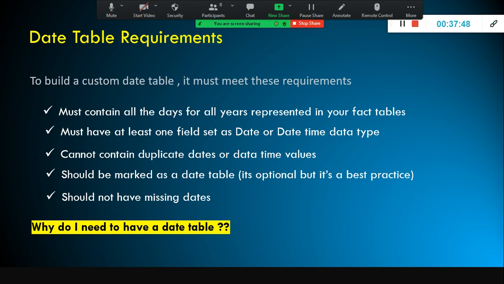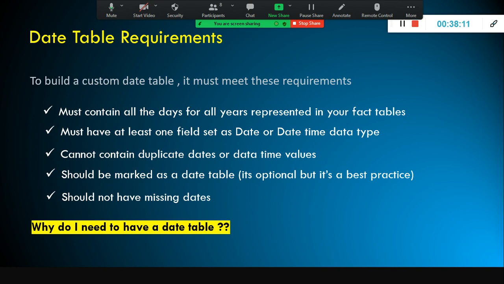I'll have many tables unnecessarily, especially if you have more dimension tables and more than one fact table, and each fact and dimension table volume itself is too high. On top, if you allow Power BI to create automatic date tables, it will consume more space. So it is a best practice to create a custom table.